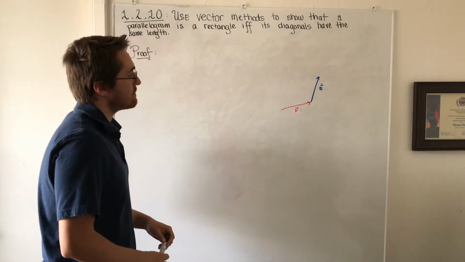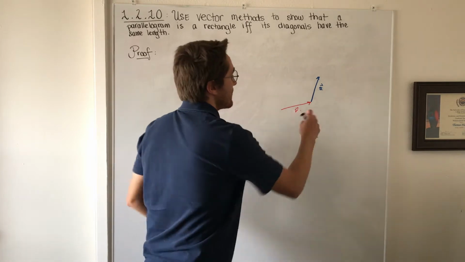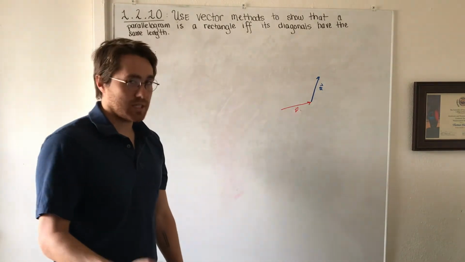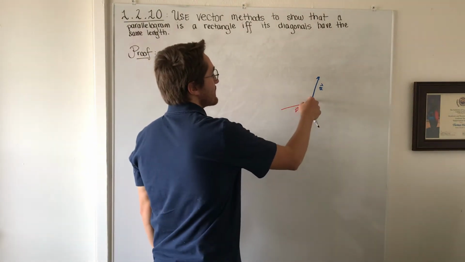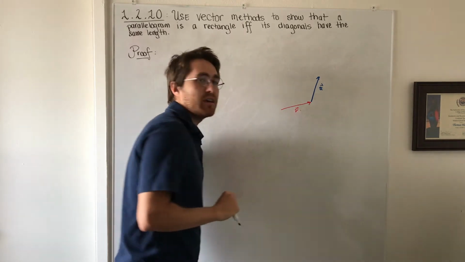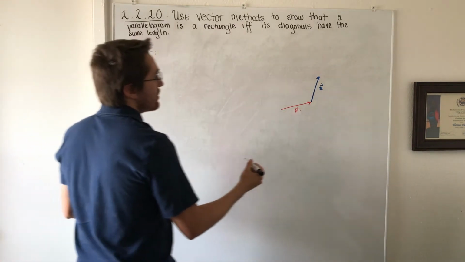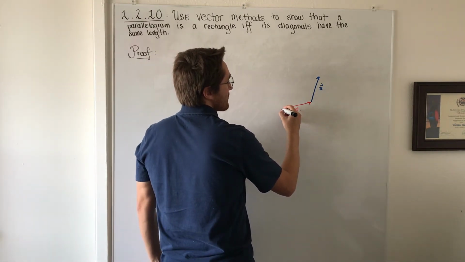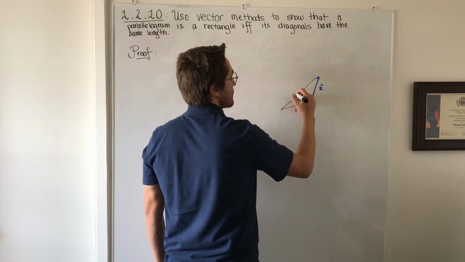Okay, so where we're going to go with this is we're going to show that the case when this is a rectangle, meaning that the angle here has to be 90 degrees, which is the same as saying their dot product is equal to 0, should be logically equivalent to having the same length diagonals. So to that end, here's what we're going to do. We're going to notice that one of the diagonals is going to be this one right here. This is going to be v plus u,